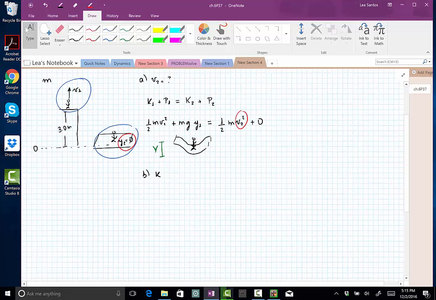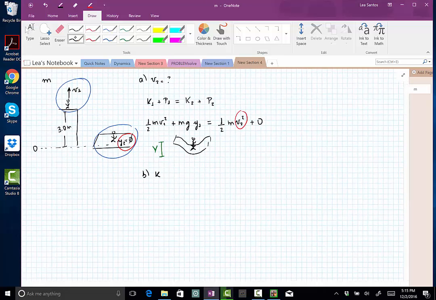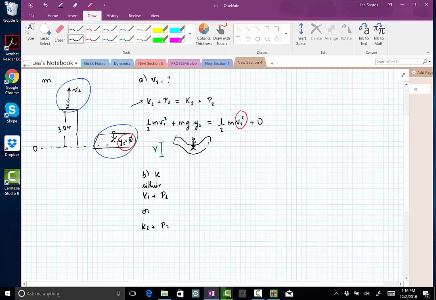So I can choose K1 plus P1 as my initial, or K2 plus P2, because we just found above that they are the same. And this will be equal to this